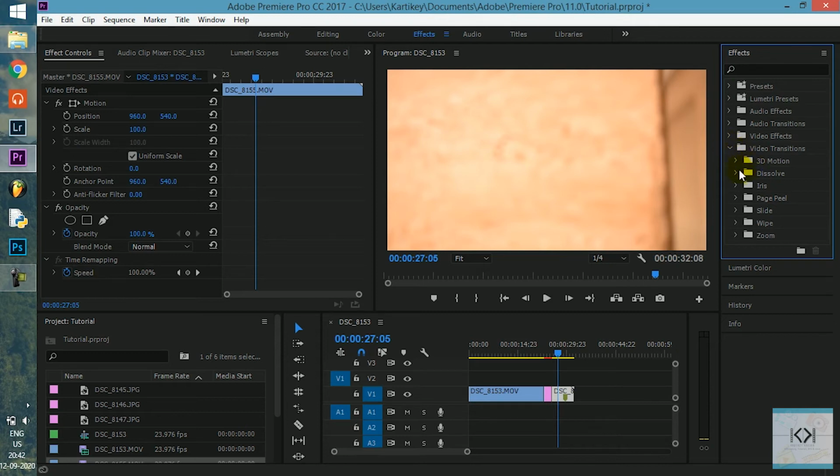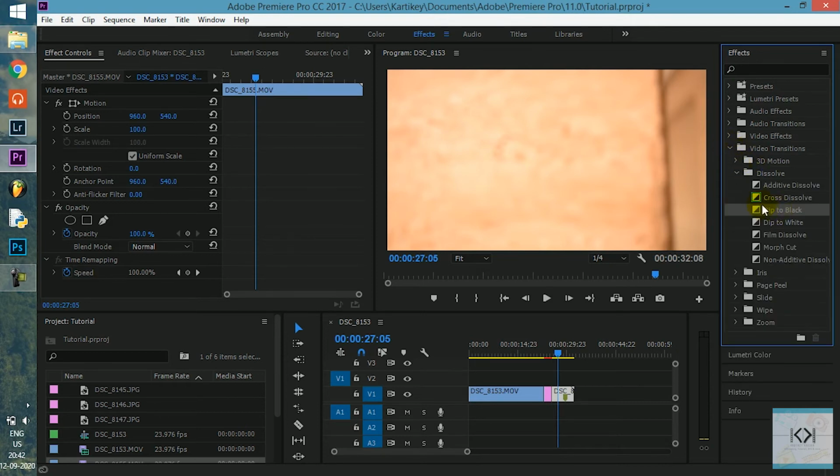Some basic transitions are fine, and to create a basic good looking transition, you need to keep in mind only these two transitions. First is dip to black, another one is cross dissolve. Dip to black is generally to give a smooth intro or smooth outro to a video, or it can also be added in between the multiple items.